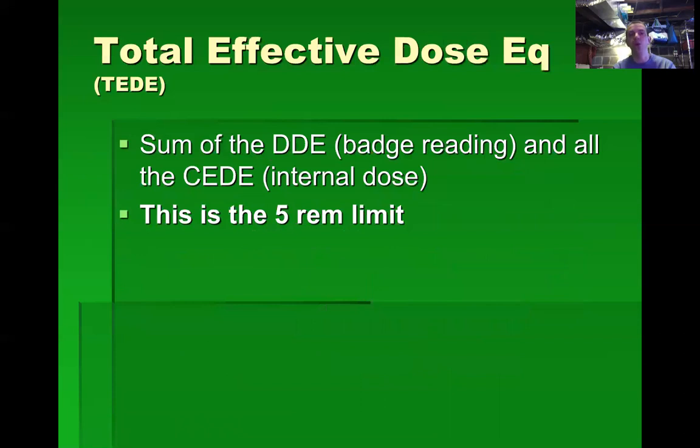Now, total effective dose equivalent, this is what takes into account the sum of all the internal exposures to the organs plus that external exposure. So this is the individual organ doses times their respective weighting factors, all summed up, and then you add that to your deep dose equivalent, and that is what is your total effective dose equivalent. That is what is referenced when you see those